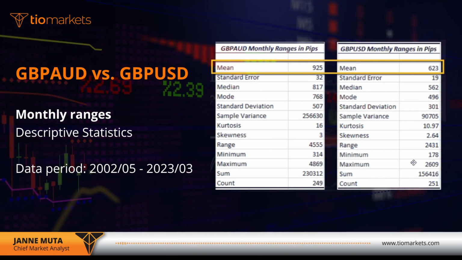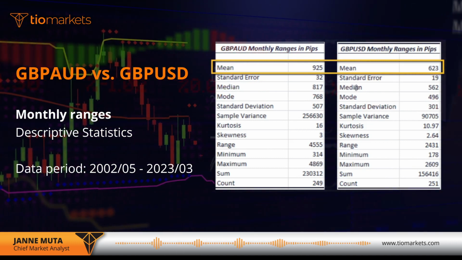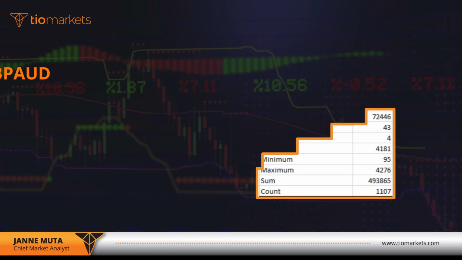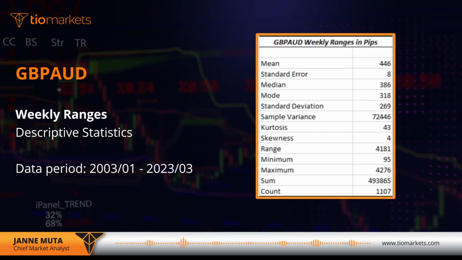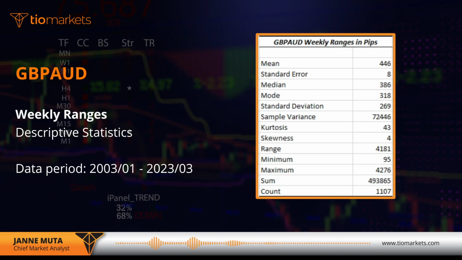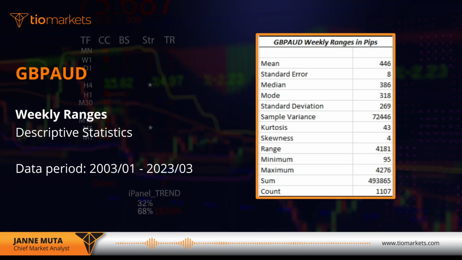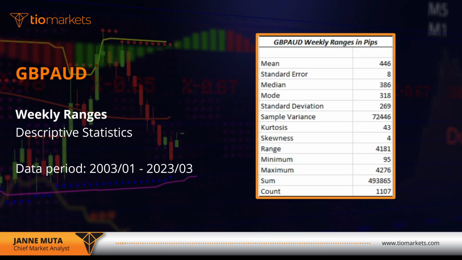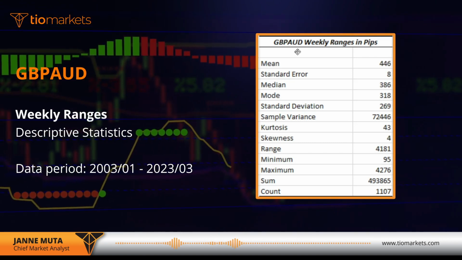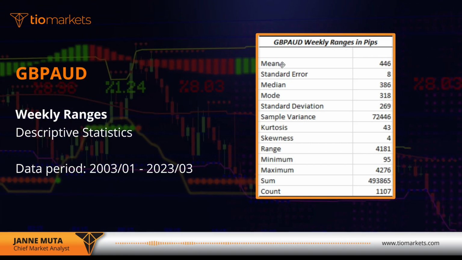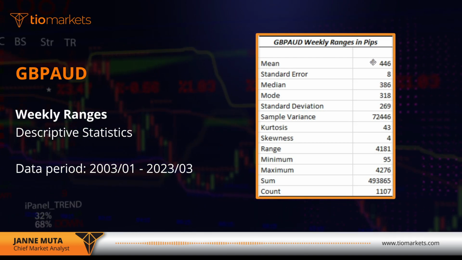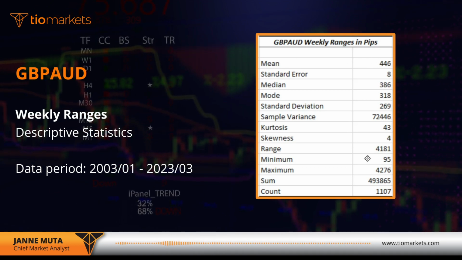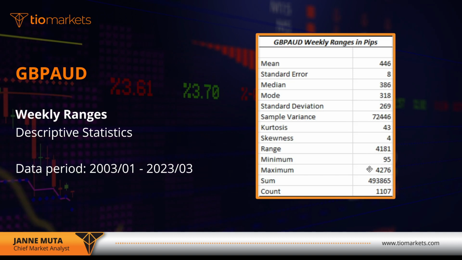So let's move into the weekly ranges and let's see how pound Aussie is actually moving inside the weeks on average. Again, we're talking about a sizable chunk of data. This is from 2003 to 2023, so that's about 20 years of data. And you can see that in the weekly charts, the average weekly range is 446 pips. The minimum is only 95, but the maximum weekly range was